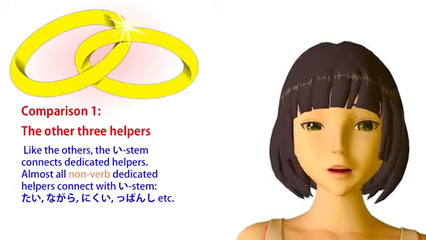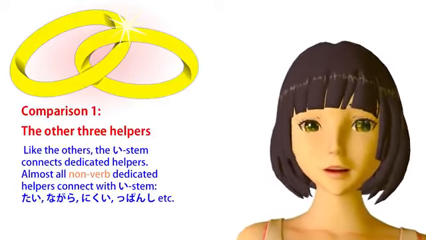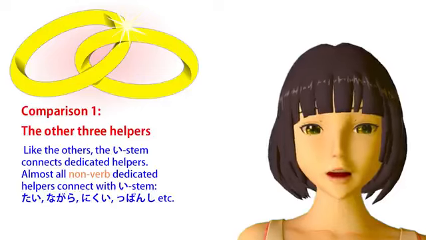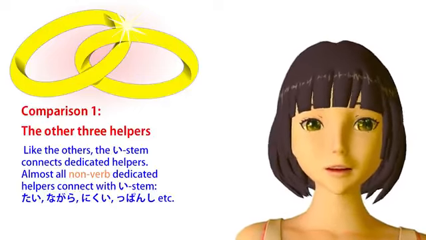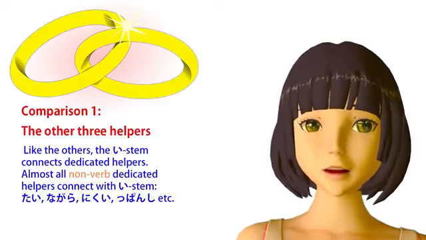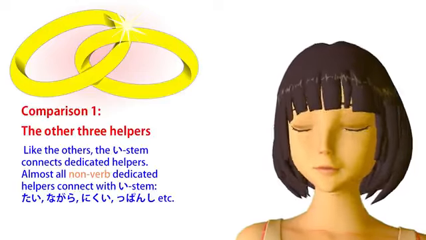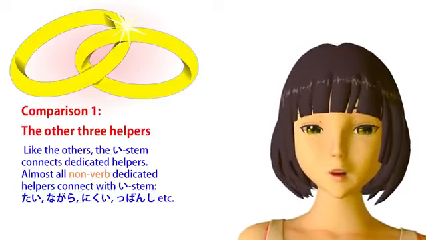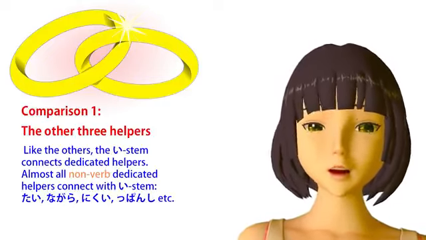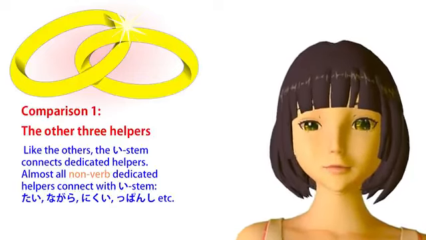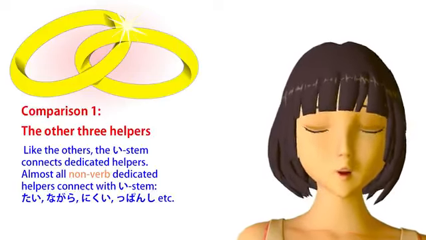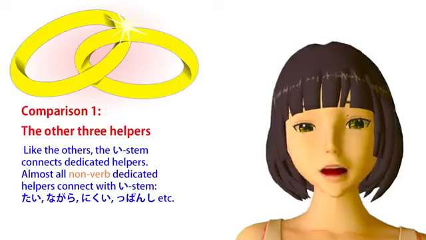For example, I'm going to take the verb yomu as our model for most of what we're doing today. So let's take the verb yomu and turn it to the I stem yomi, and we can attach adjectives like yasui, yomiyasui, easy to read, literally, and yominikui, hard to read. We also attach things like nagara. Nagara means doing one thing while doing another, so you can say aruki nagara yomu, or yomi nagara ongaku o kiku. So that's while walking, I read. While reading, I listen to music.